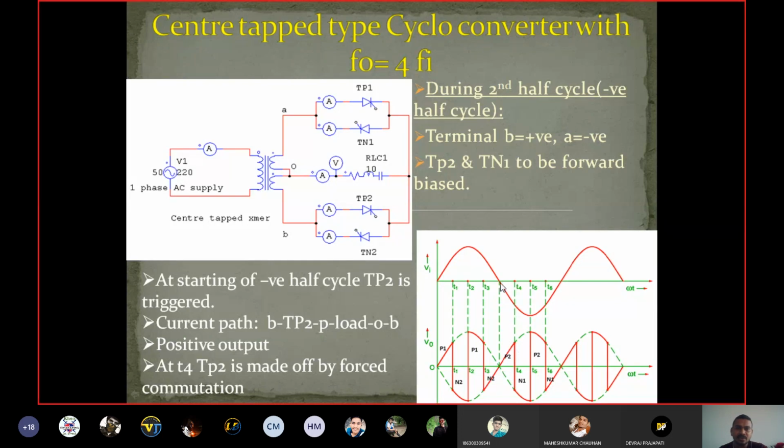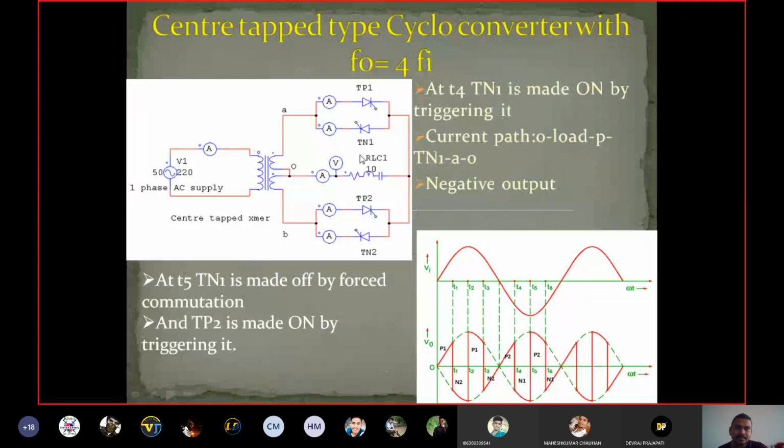Now, at the starting of this negative half cycle and up to T4, TP2 thyristor remains on and we are getting the positive output. Now at the instant of T4 we are making TP2 off by force commutation. Okay, so at T4 instant we are making this TP2 off, and at the same instant we are giving triggering pulse to this